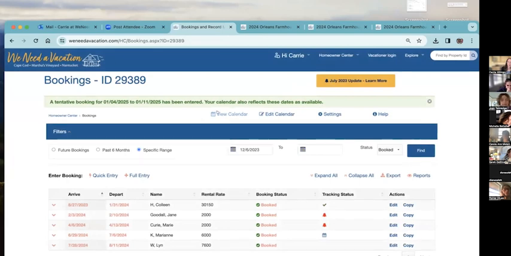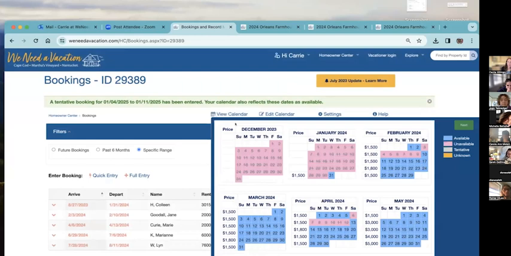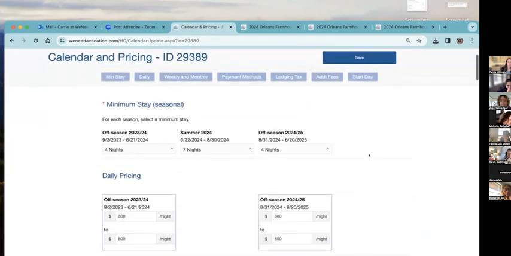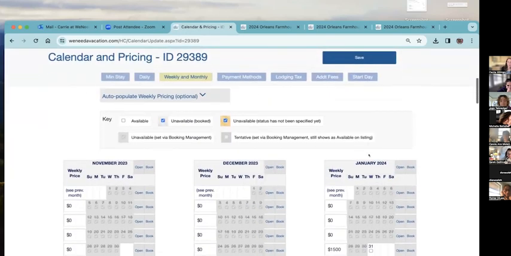So you can see View Calendar right here at the top of this bookings page. And that gives me a quick view of the calendar. And you can see we've got available, unavailable, tentative, or unknown is the color coding here on the side. And if you want to actually go to see your real calendar where you would normally be